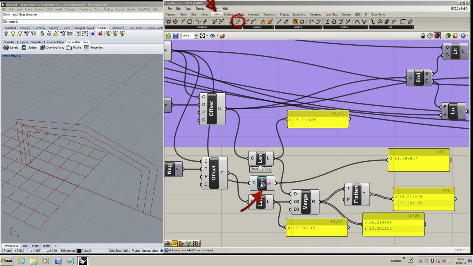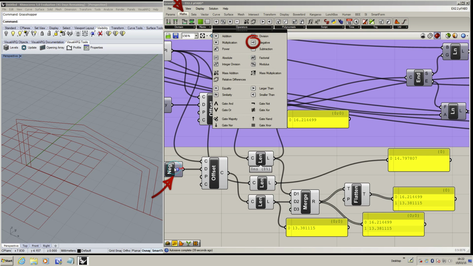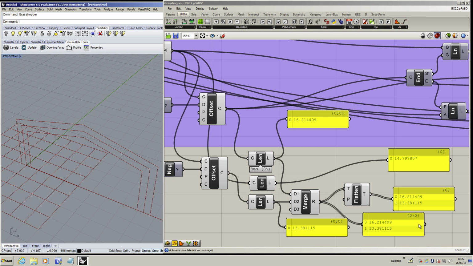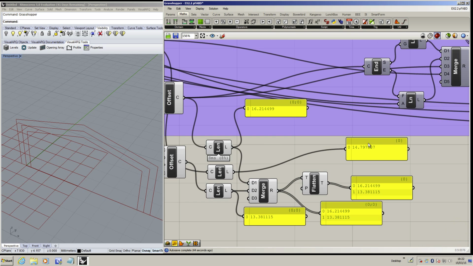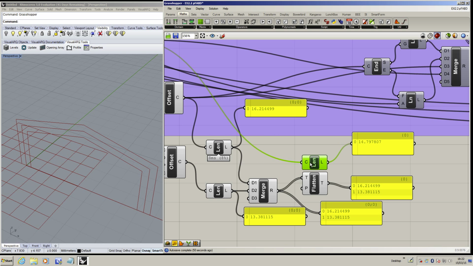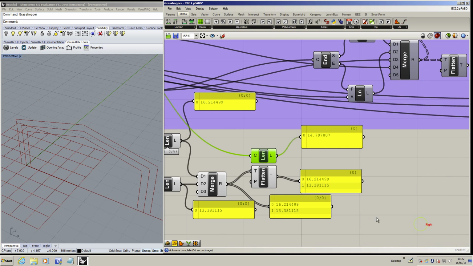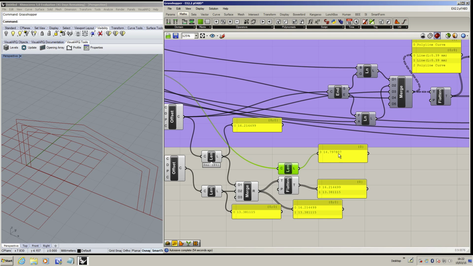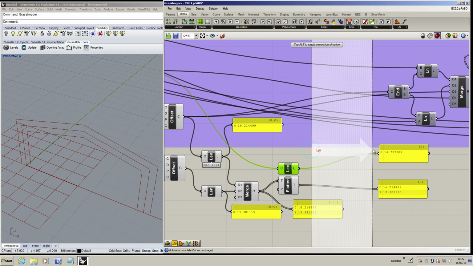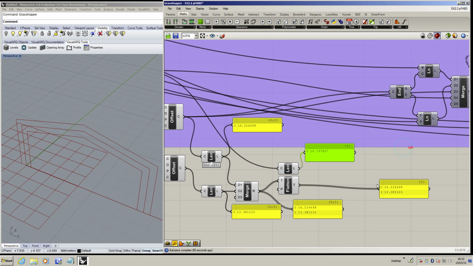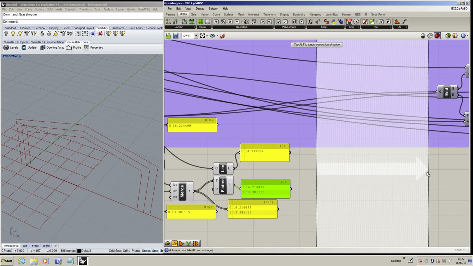The length is curve analysis length. Okay, and the offset curve utility offset, and the negative is maths operations negative. Okay, so here is perfect. So I'm going just to move this slightly here so we can have in parallel the two values. I'm going to spread or stretch again these two ones. I want it near. This is going to be farther,